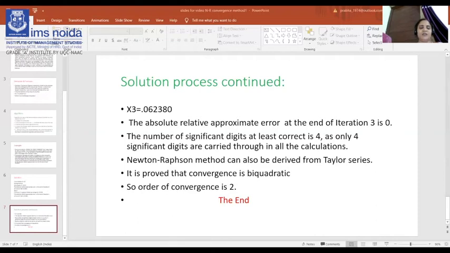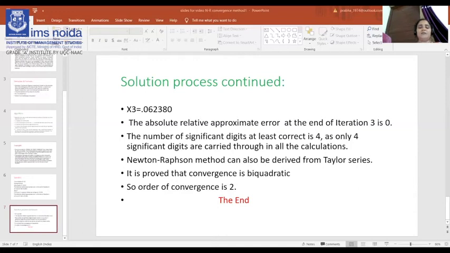So what is the relative approximate error? You can also see in the examples the estimate of the root of the first equation, how much it is deviating. Like x0 is the current root you have assumed, and x1 is the new root you have calculated. Now, the example is continued, how the absolute error is calculated. You can see the slide. The absolute relative approximate error at the end of iteration 1 equals new root minus old root divided by new root, mod of this thing, into 100.